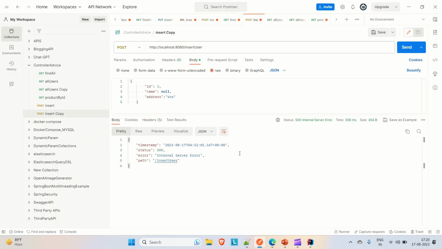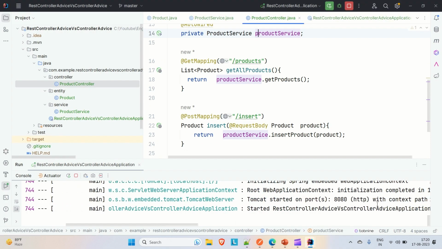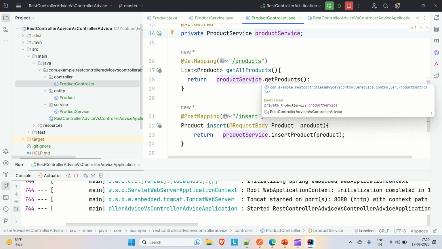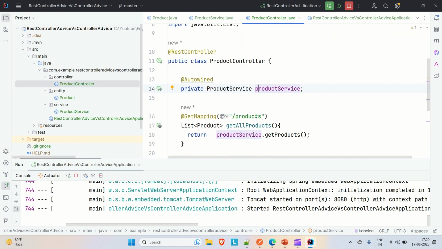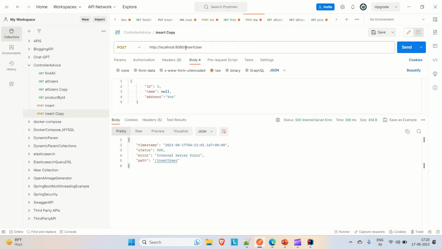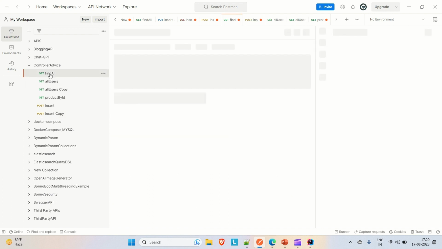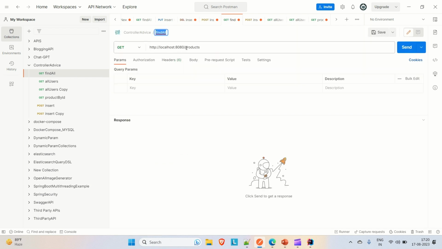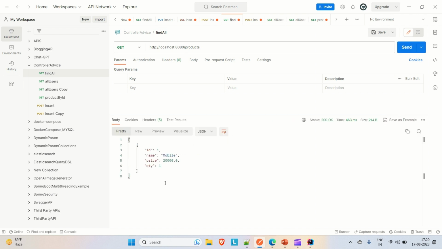If we'll go to the Postman, let me try to go to the IntelliJ first and then see. So our application is locally up on the port number 8080, and to get all the products, the API is slash products. So let me go to the Postman and let's say 8080, and this time let's say find all. 8080 slash products. Okay, so just hit it, and you can see we are able to see one product, and